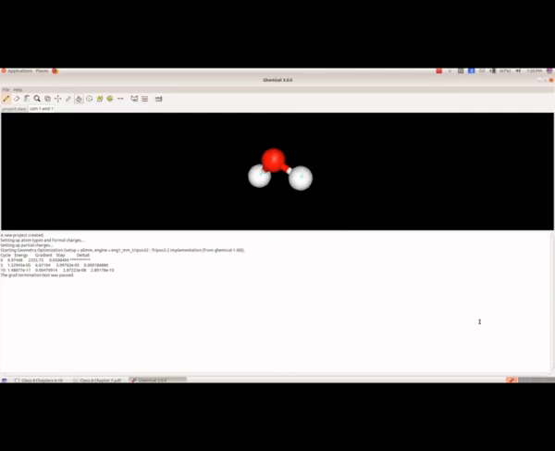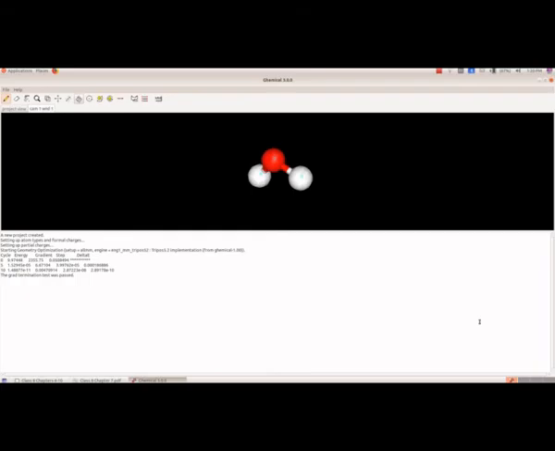Ammonia, 1 nitrogen should be combined with 3 hydrogen. And then we have to get the model of carbon dioxide, where 1 carbon atom should be combined with 2 oxygen atoms, and then we have to save its screenshot.